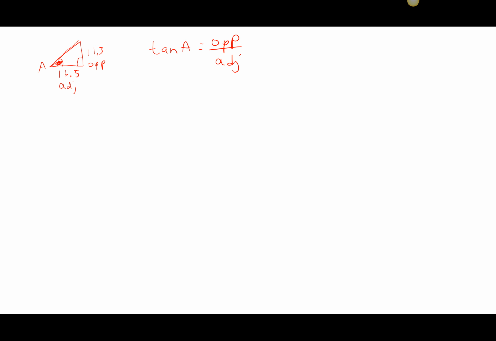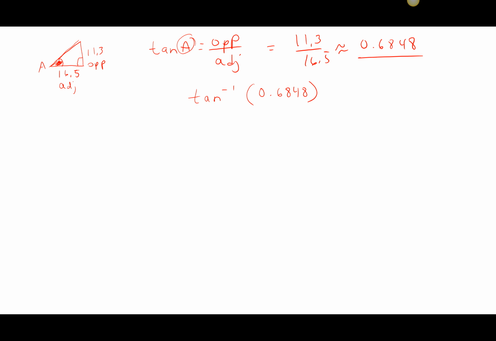A lot of times it depends on what you have here. So if we just do this part, 11.3 over 16.5, just that piece, that's going to give you 0.6848, and that's going to help us find the other part. Now, we're looking for A again. Remember, when we're looking for that, we use tangent -1, sine -1, or cosine -1 of this number we just found,